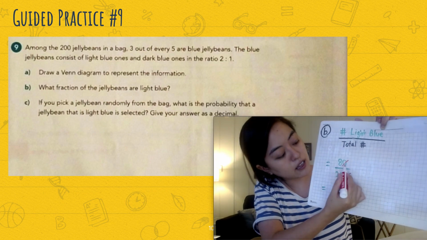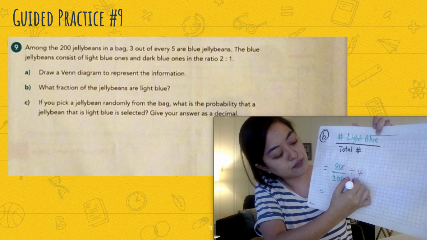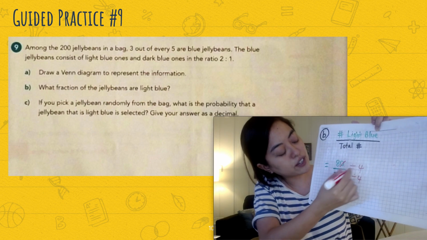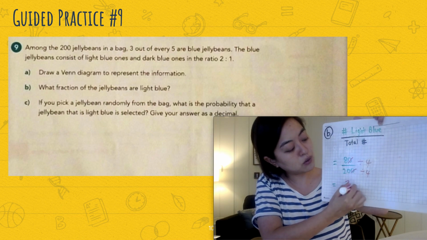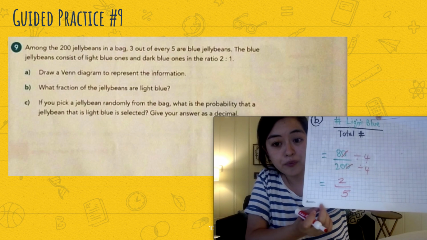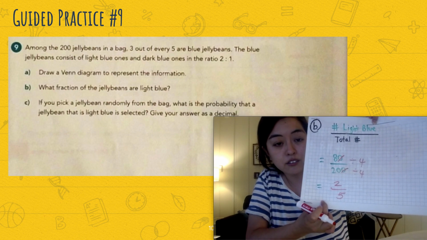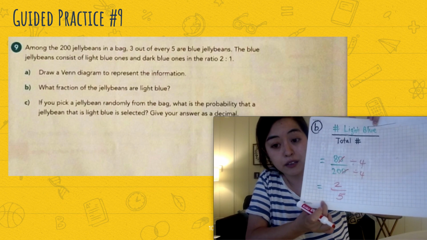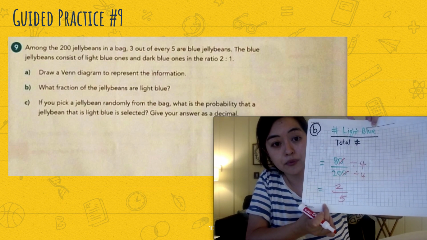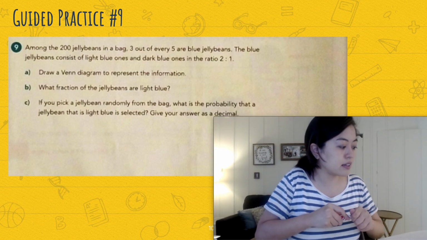So then I get 8 out of 20, and then I want to simplify it to find the greatest common factor, which is 4. So 8 divided by 4 is 2, and 20 divided by 4 is 5. So 2/5, or 2 out of 5, is the fraction of my jelly beans that are light blue. All right, now part C says,